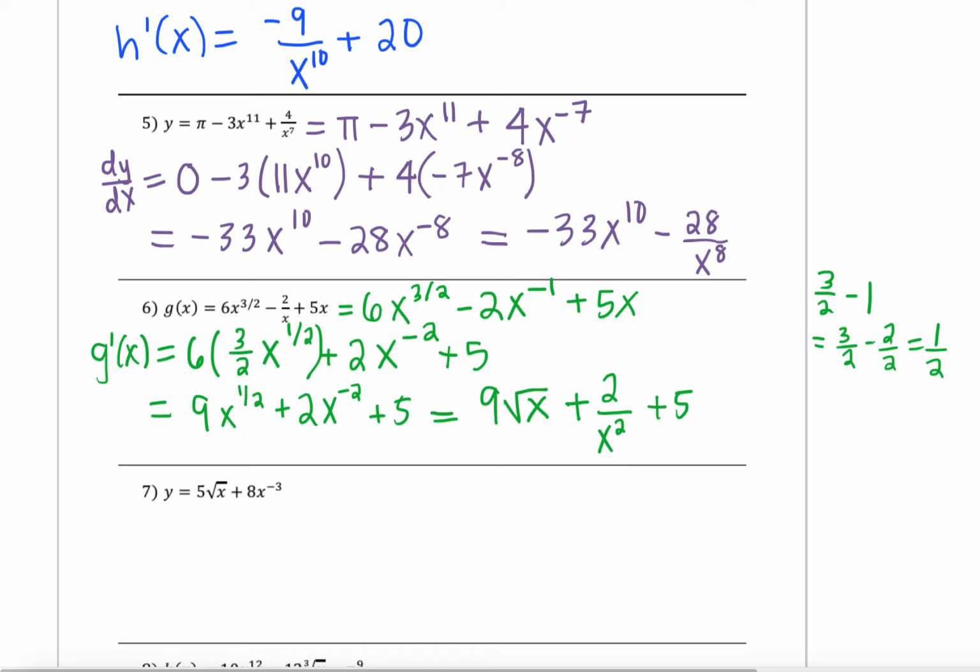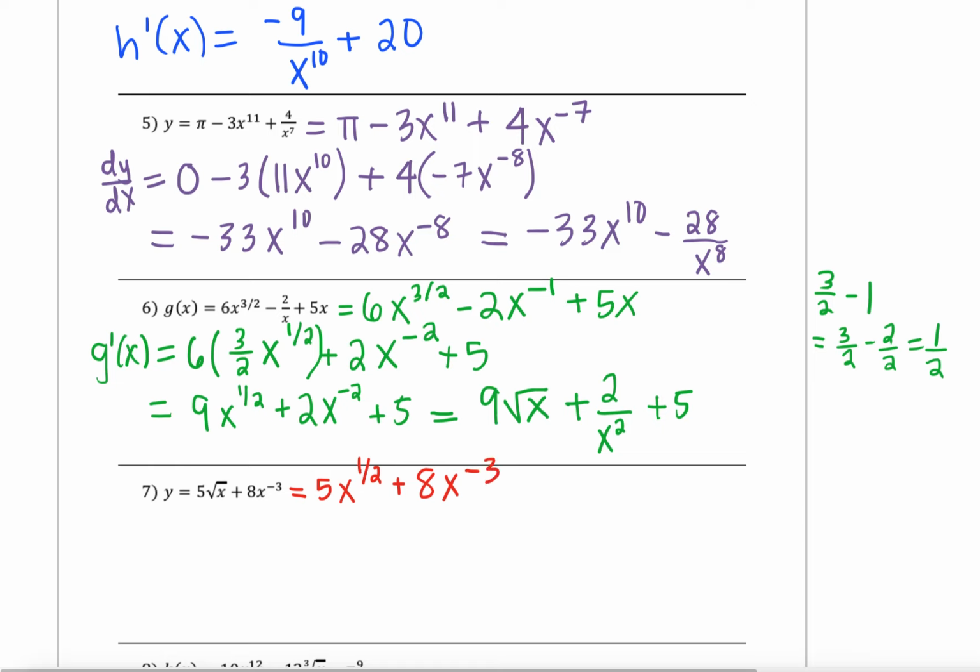So here in example 7, we have 5 times the square root of x plus 8 times x to the negative third. Now, 8x to the negative third is already ready to go. I can see the exponent in the numerator. It's a negative number, so I can use the power rule. But for the square root, I first need to rewrite that. Well, as we saw in our last problem, the square root of x is the same thing as x to the 1 half power. So I'm going to go ahead and first rewrite the original function as 5x to the 1 half